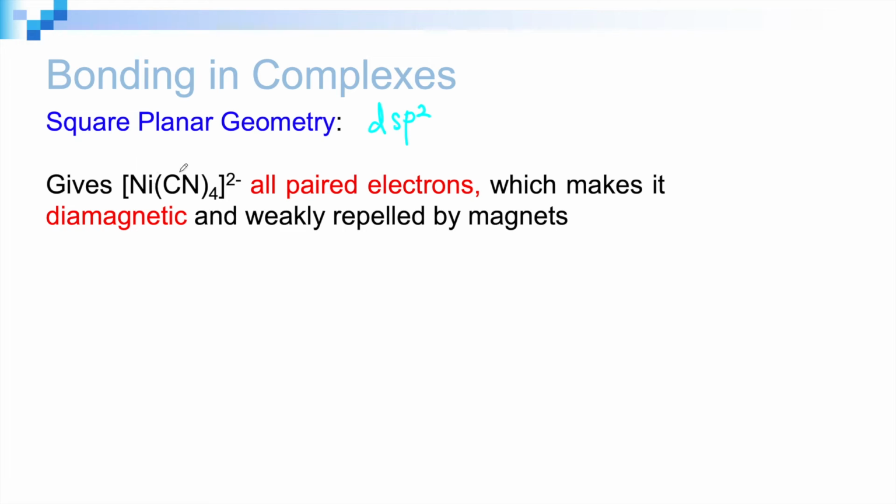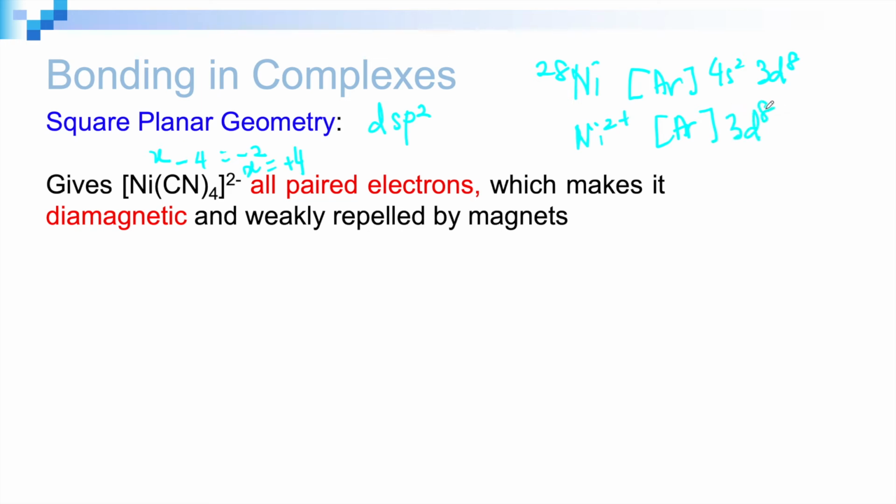So let's calculate the oxidation state for this nickel. So nickel is 28. Okay, so this is -4 equals -2. This is the x, so x is +2. So this is tetracyanonickelate(II). So the electron configuration for nickel is Ar 4s2 3d8, and then for nickel 2+, the electron configuration is